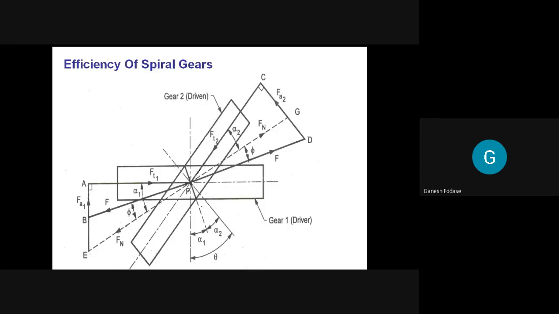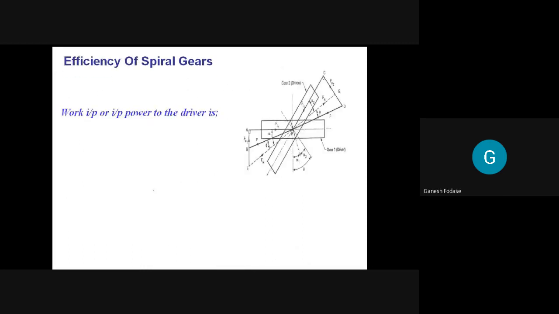Then we derive expression for efficiency. And again, for finding efficiency, we consider different forces acting on a spiral gear. So like helical gear, here also different forces like tangential force, axial force, and a normal reaction are considered. The resultant force F is the resultant of axial force and tangential force. So in spiral gear, we discuss two forces, that is axial and tangential, and its resultant. We also find out relation between resultant force and normal reaction Fn. By considering this diagram, we expressed tangential force in terms of F, axial force in terms of F. And it's very simple.